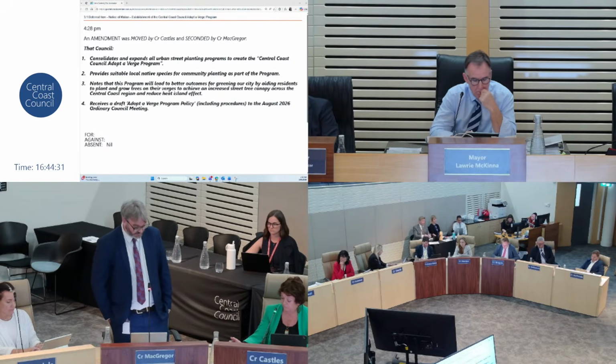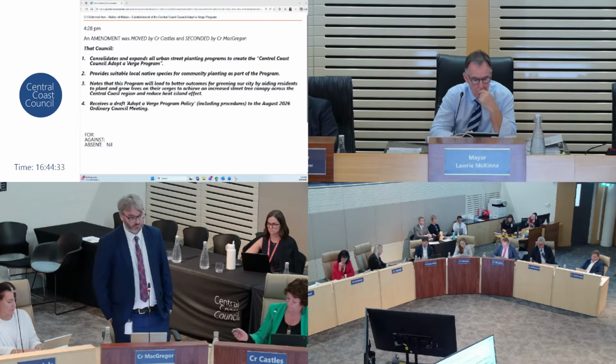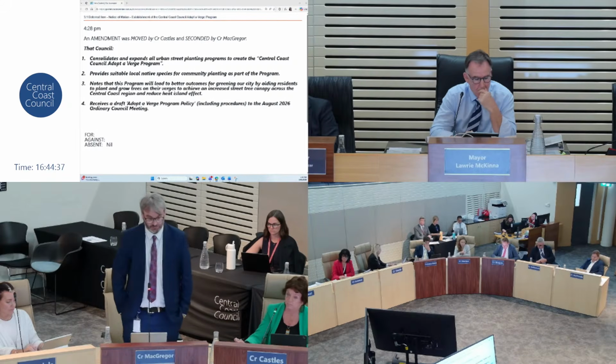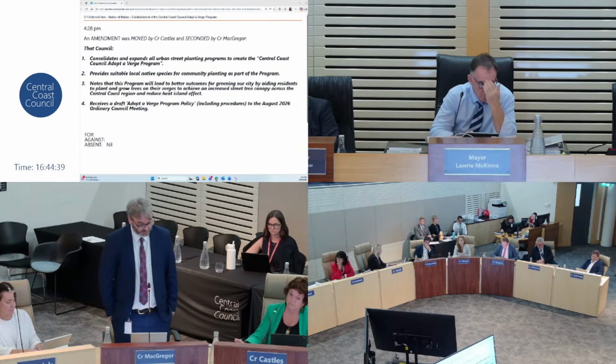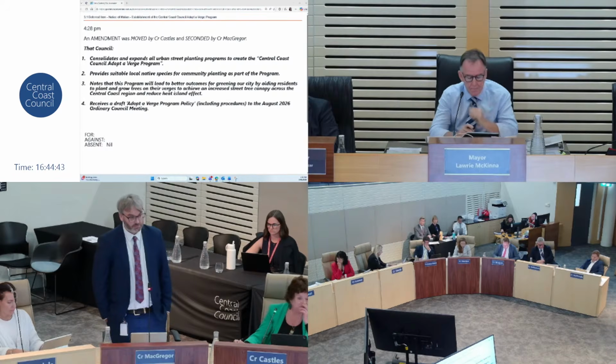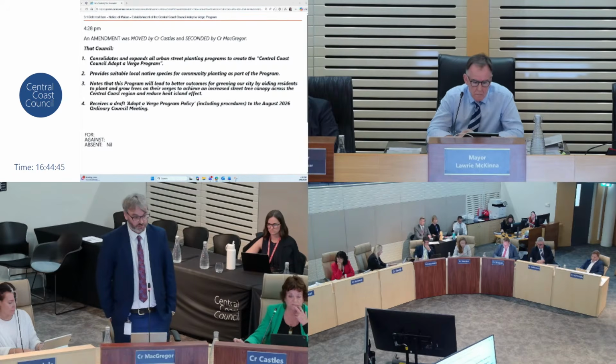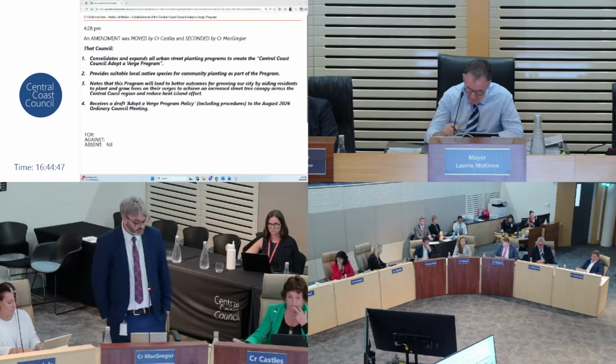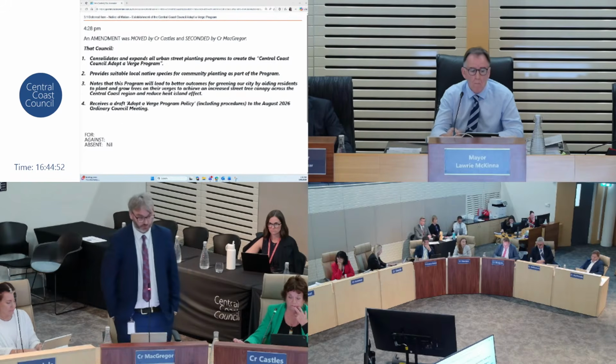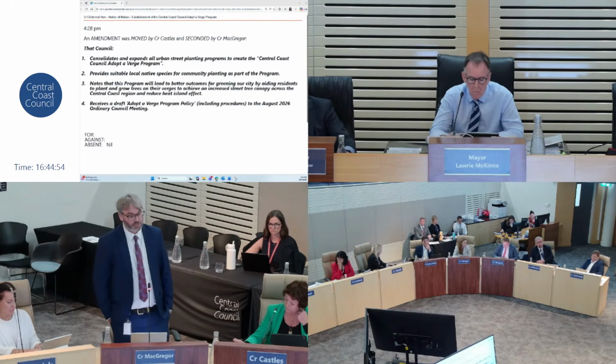Now, over the 10 years that this council's been around, the issue of verge planting has been a rather vexed one, and there's been some significant opposition from some sectors around it. I personally stand on the side of those who would like to see more verge planting, but it shouldn't just be limited to trees. There are other options. Beautification of our region to increase tourism and general satisfaction is something that a lot of people have talked about. Residents take pride in this region, and we can empower them to make it even more beautiful than what it is if we look at some lower level things and some basic things.